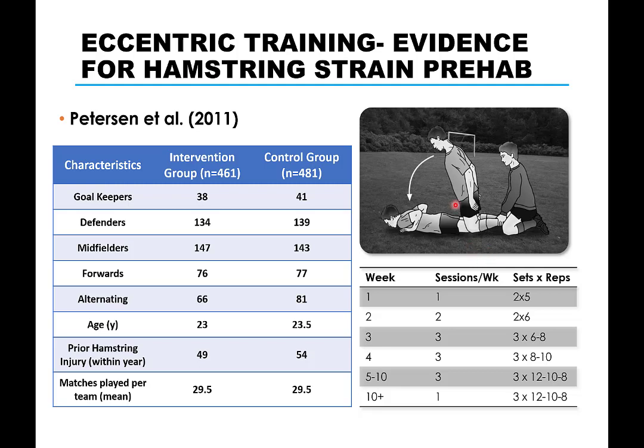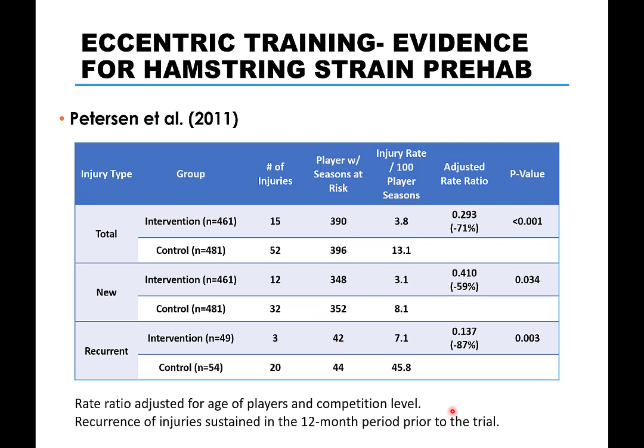During this exercise, the downward force exceeds the maximum force that the hamstrings can produce concentrically or isometrically, and the hamstrings therefore are forced into lengthening despite maximal effort contractions against the downward force. Now, down below on the right is a description of the intervention group's eccentric overload hamstring training program. The control group, again, did not perform this eccentric overload training. And the results were quite compelling.